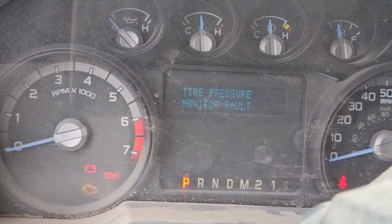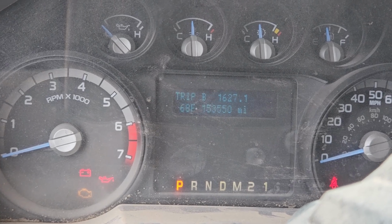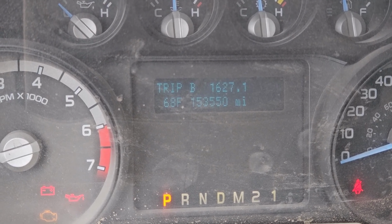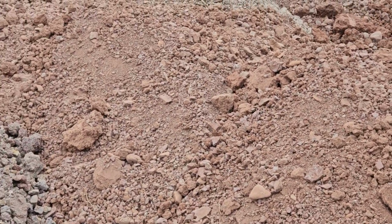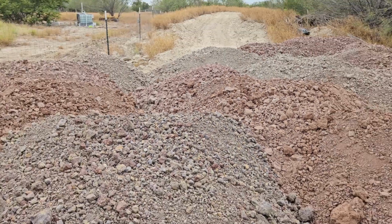And all right, guys, so I'm going to show you something. If I can reset this, 1,627 miles to get 36 loads. Spent about $400 on gas, or